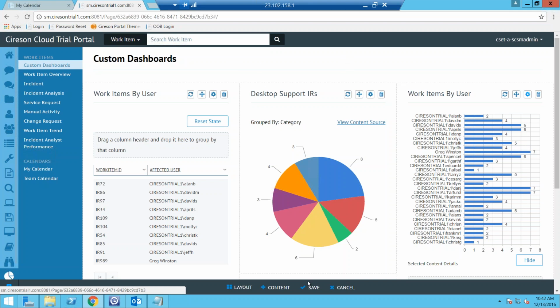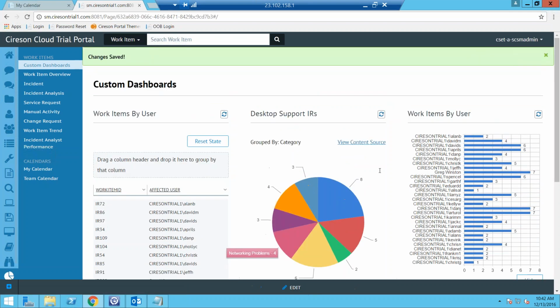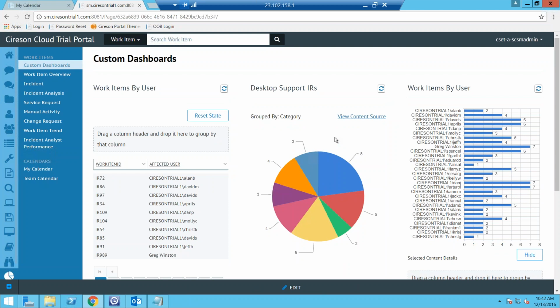So that's our custom dashboard. I can go ahead and save this, and now I have this custom dashboard page that I can make available to anybody: managers, supervisors, analysts, end users, whoever I want it to be, so they can get information on the fly and not have to wait for reports or try to download anything to Excel. And I did not have to be a web guru to get this done,